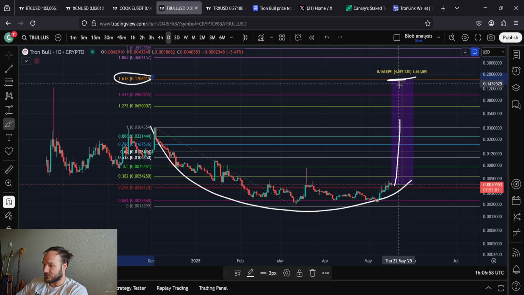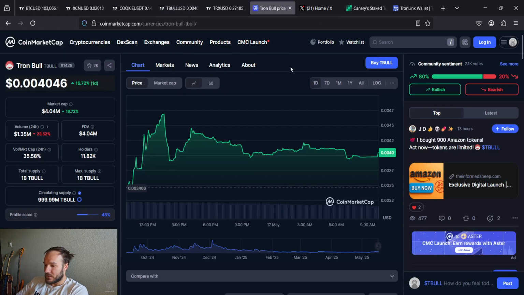A 41x, a 42x essentially is what that is. A 10x from here would be 40 million, so that'd be about 160, 170 million dollars in market cap. That's really not that high. Don't get me wrong, that's a lot of growth, but a $170 million market cap